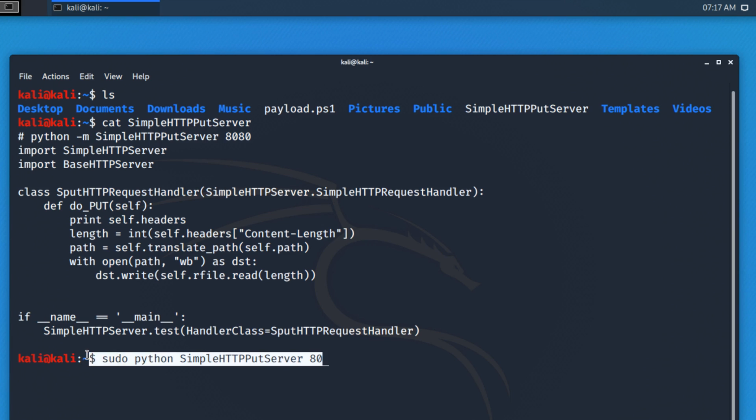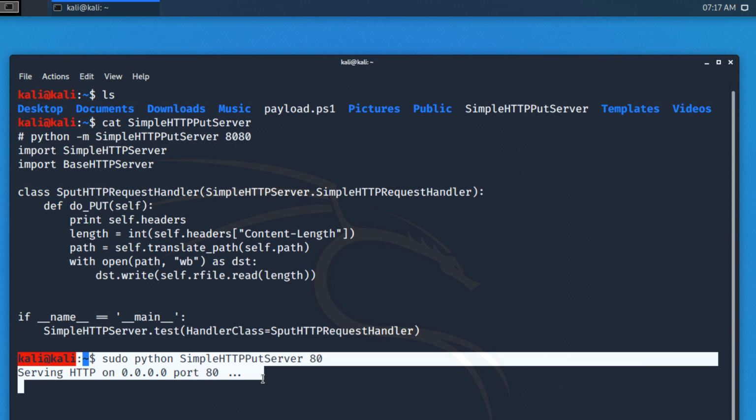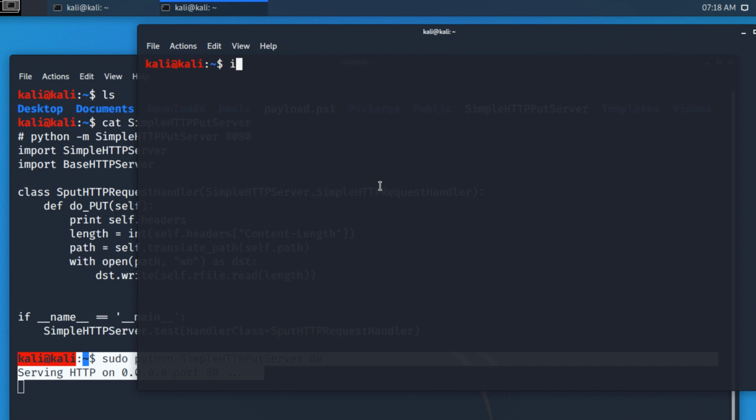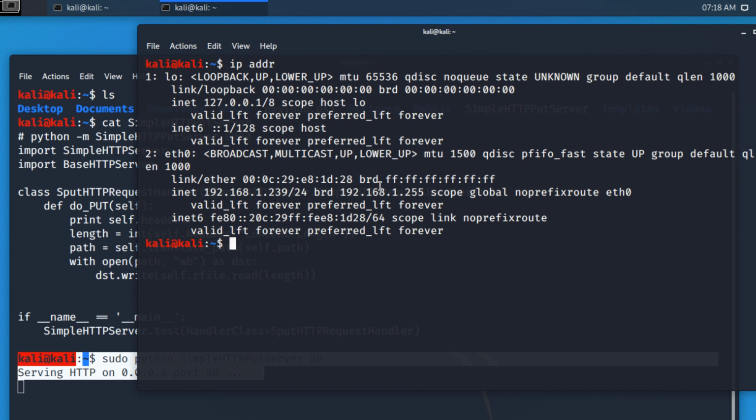Again, the scripts to all of this stuff is below this video, so use the GitHub links to download the scripts yourself. So to run that, I'm going to use sudo python simple HTTP put server, and the port number that I'm going to use is port 80. So that server is now running. I'll open another window. IP address of this server has been manually configured as the following: